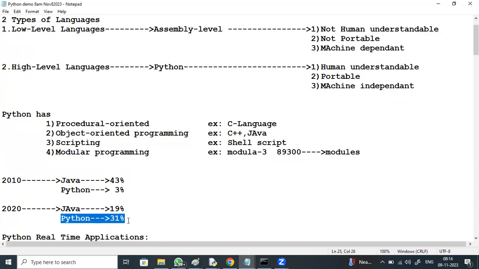Today, most high-end technology implementation goes in Python because most automation applications use Python as the implementation language. Java is never preferred for artificial intelligence, machine learning, and deep learning. Python is preferred.